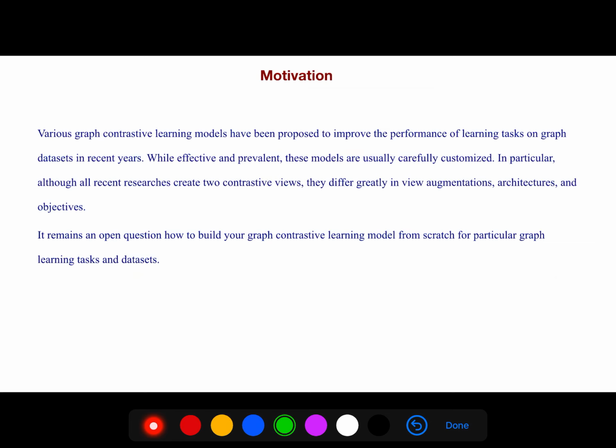Various graph contrastive learning models have been proposed to improve the performance of learning tasks in graph datasets in recent years. While effective and prevalent, these models are usually carefully customized. In particular, although all recent researches create two contrastive views, they differ greatly in view augmentations, architectures, and objectives. It remains an open question how to build your graph contrastive learning model from scratch for particular graph learning tasks